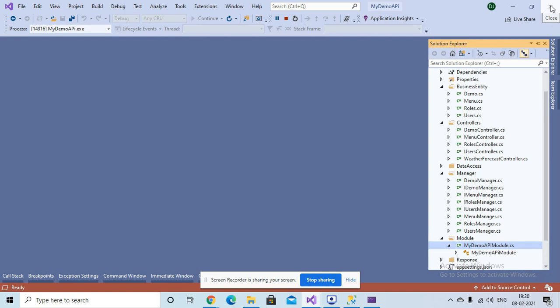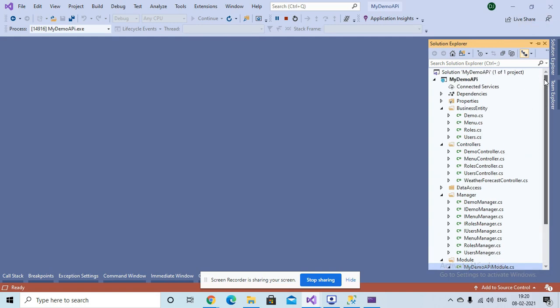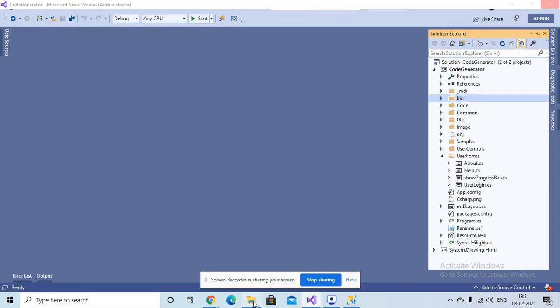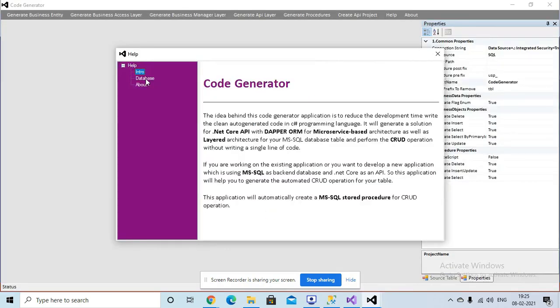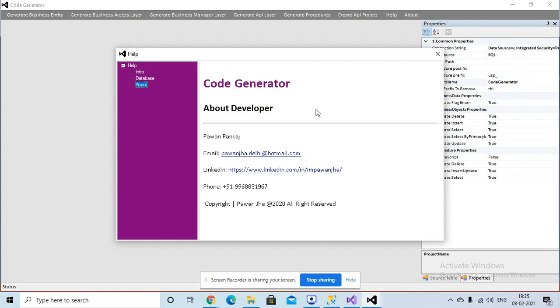This is the project generated by the code generator tool. And in this folder we have already generated the code: demo.cs, data access layer, controller, manager, and then proc as well. So this is all about the tool.